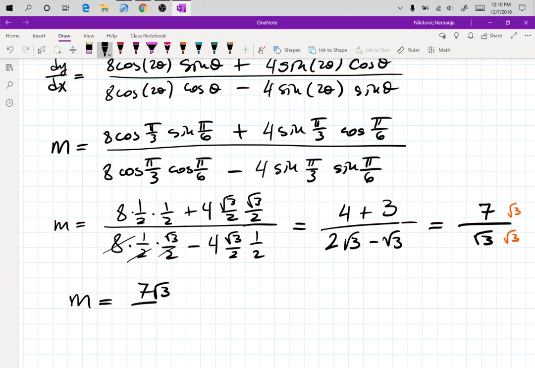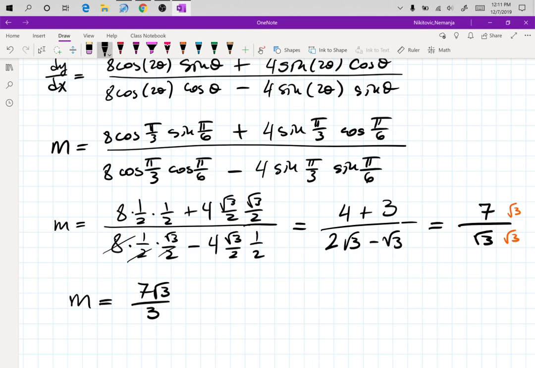7 root 3 over 3. That's our slope. All this work to get a slope. Now that we have a slope, what do we do? We convert our point,